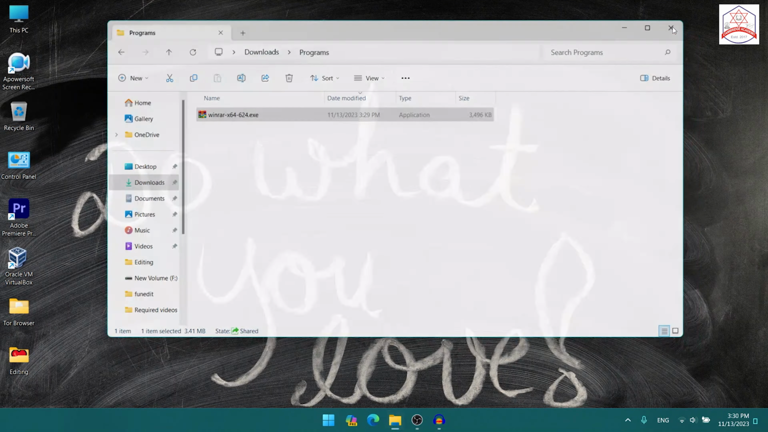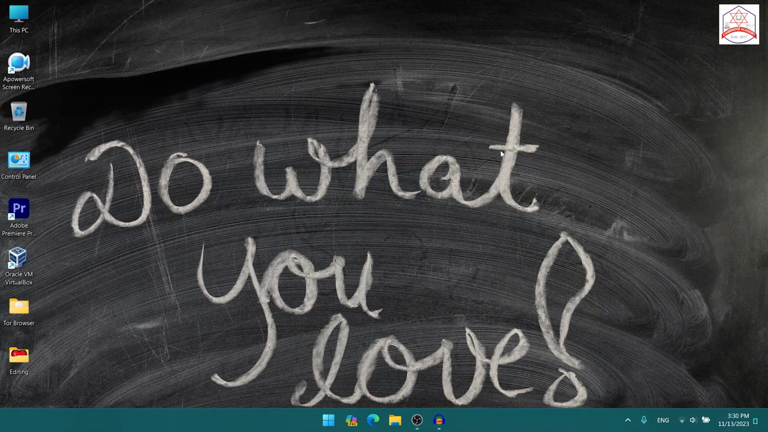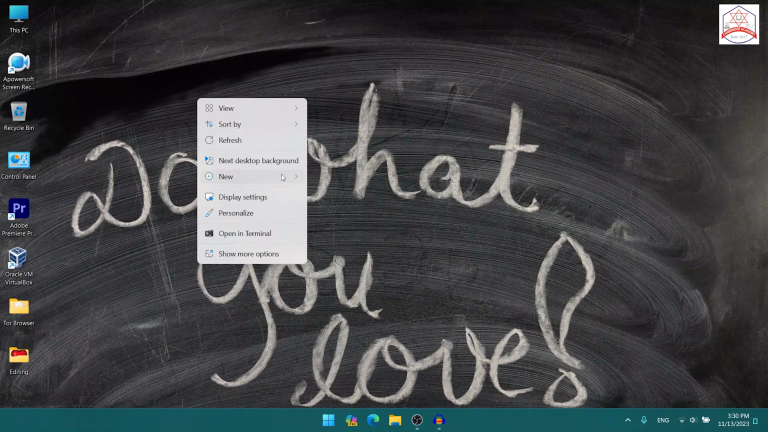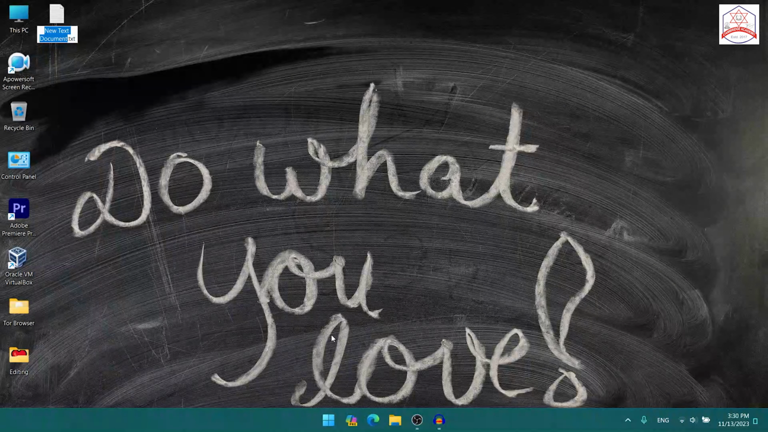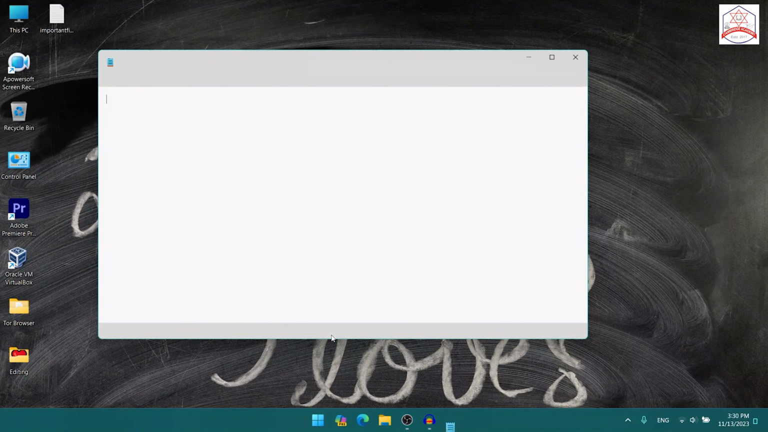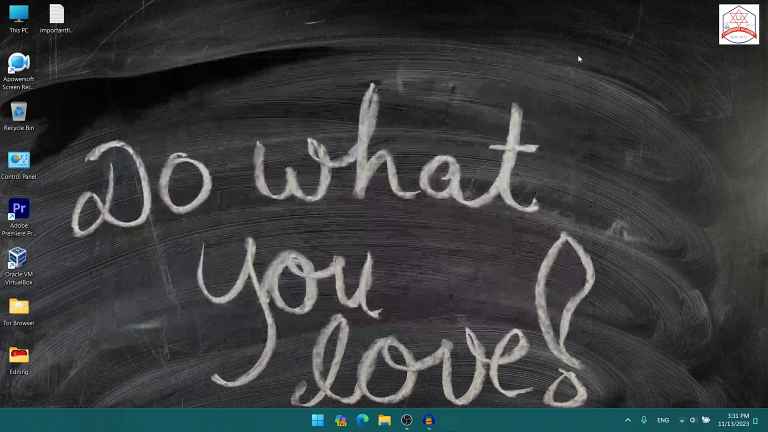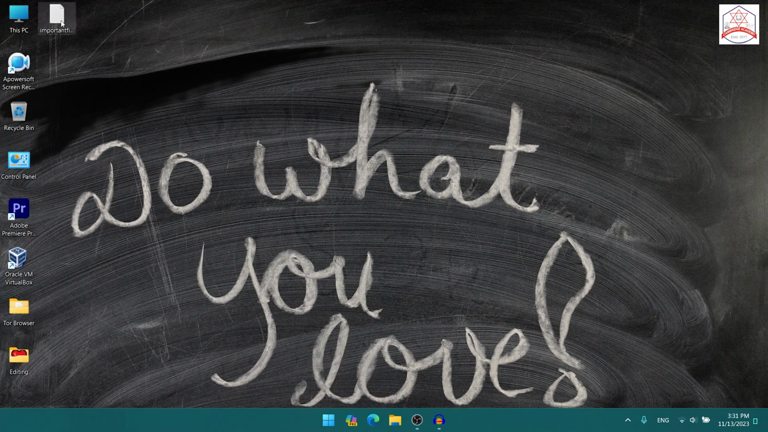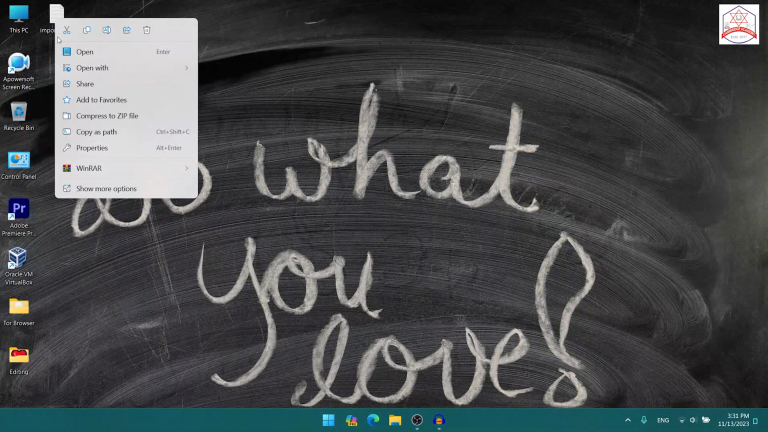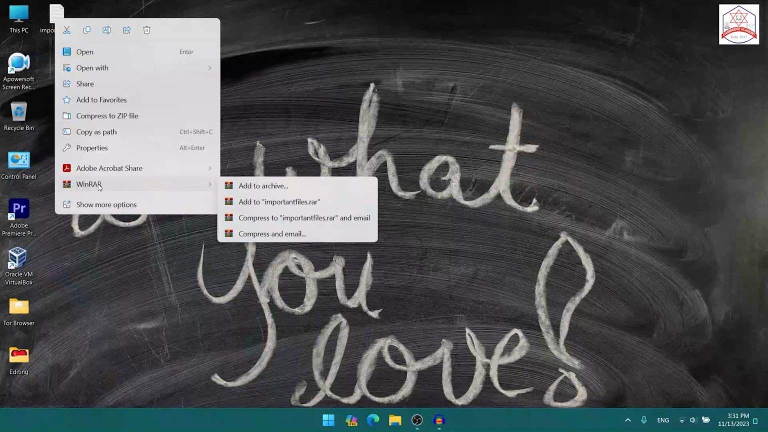Now close everything. Let me first create a file to make password protected. I am making a text file and I will write some text. Let me save it. To make the file password protected, just right click here and go to the WinRAR option